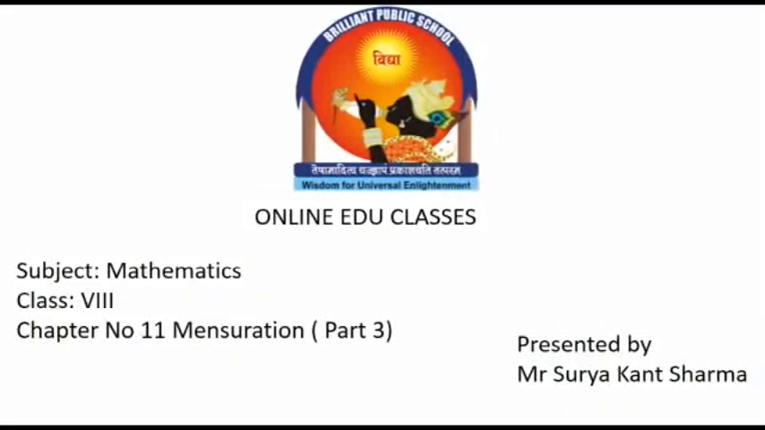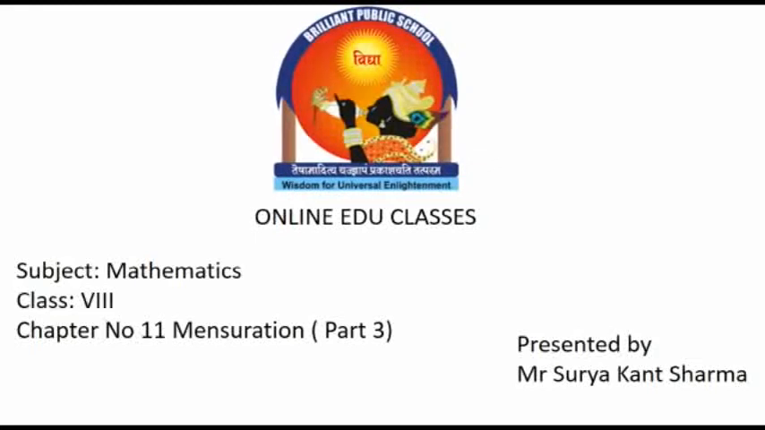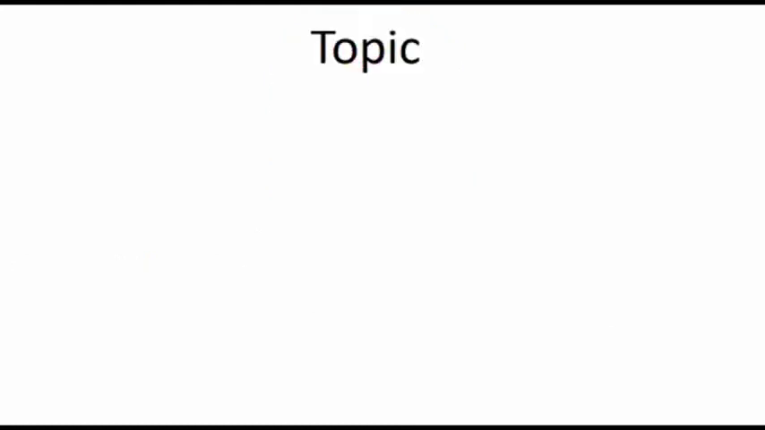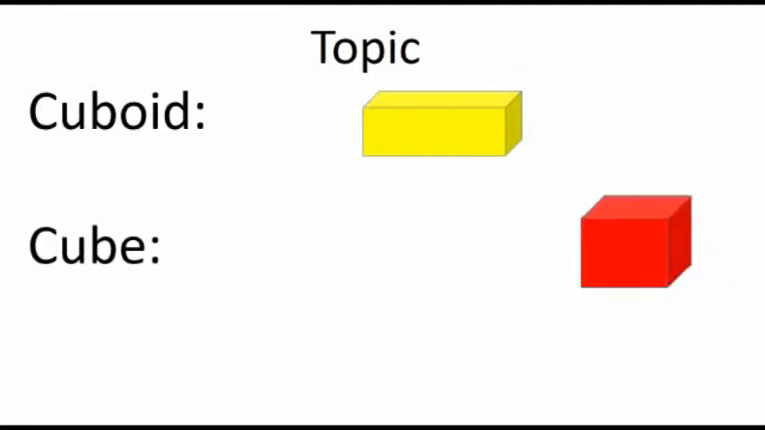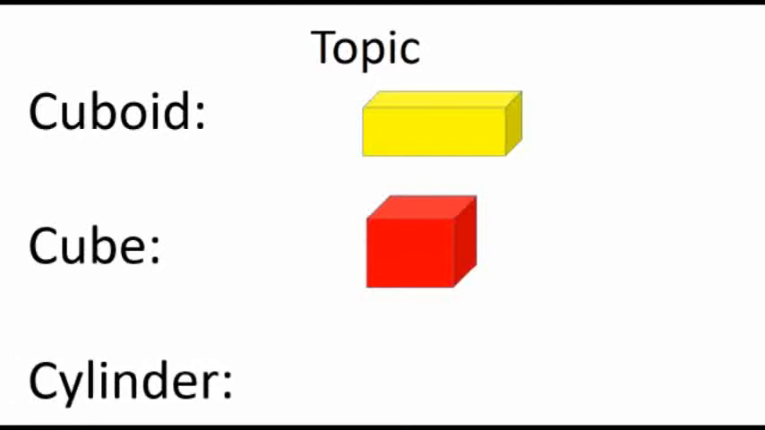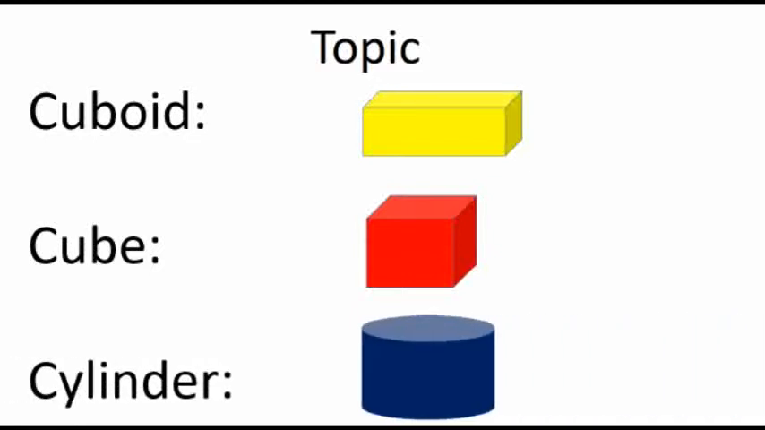Good morning, student. Today in this video we are going to discuss chapter number 11, mensuration. We are going to discuss cuboid, cube and cylinder. In this video we are going to discuss the formula for volume of cuboid, total surface area of